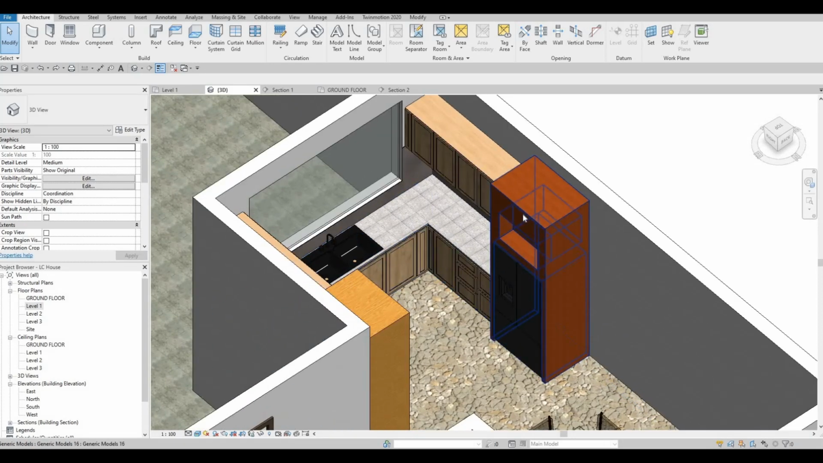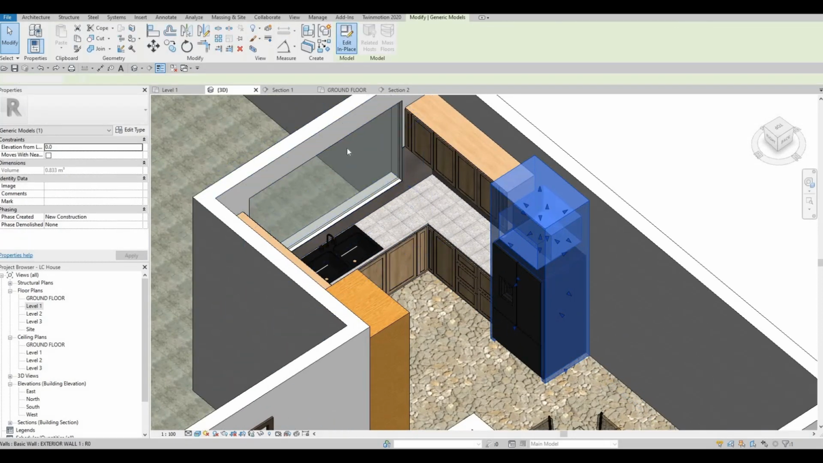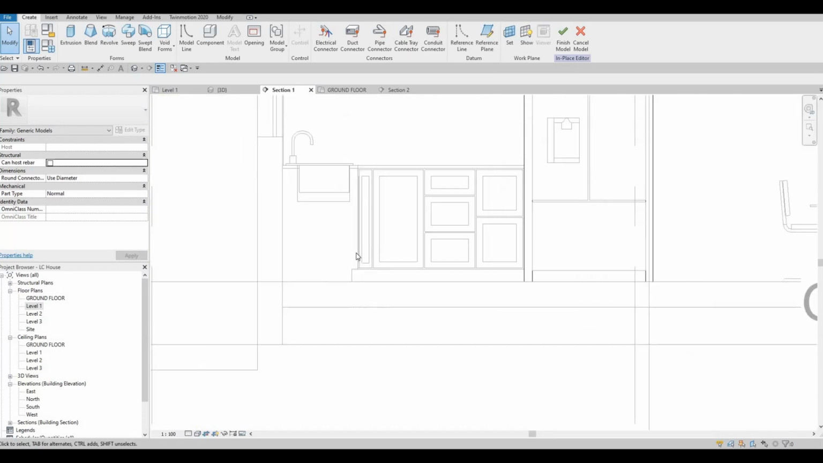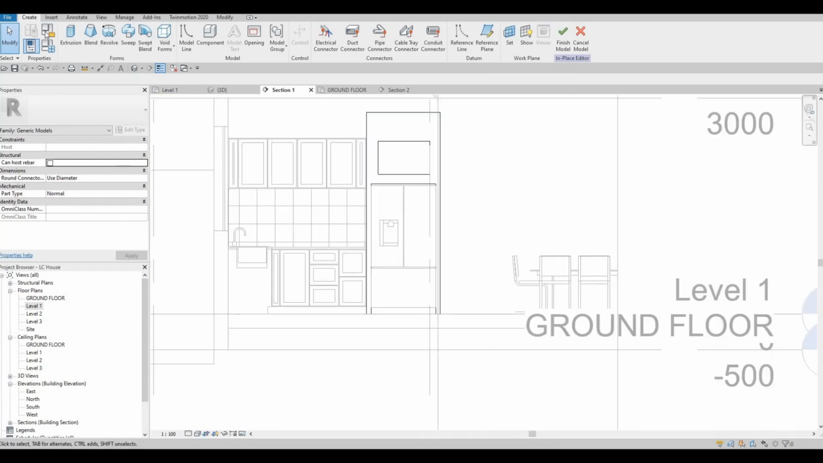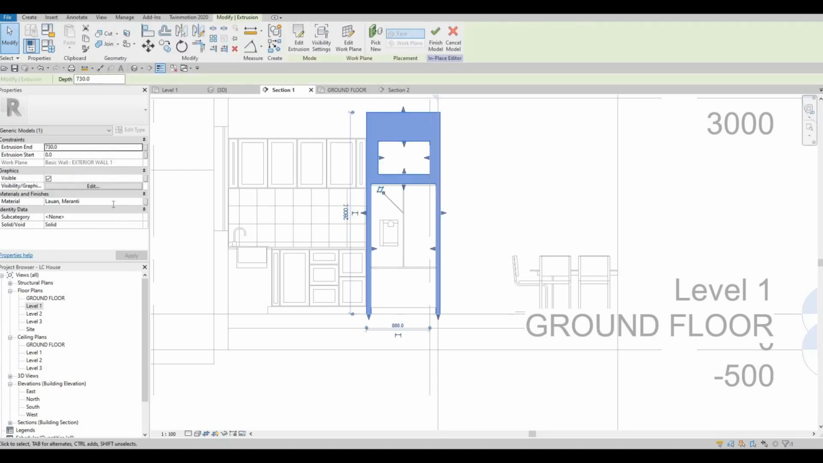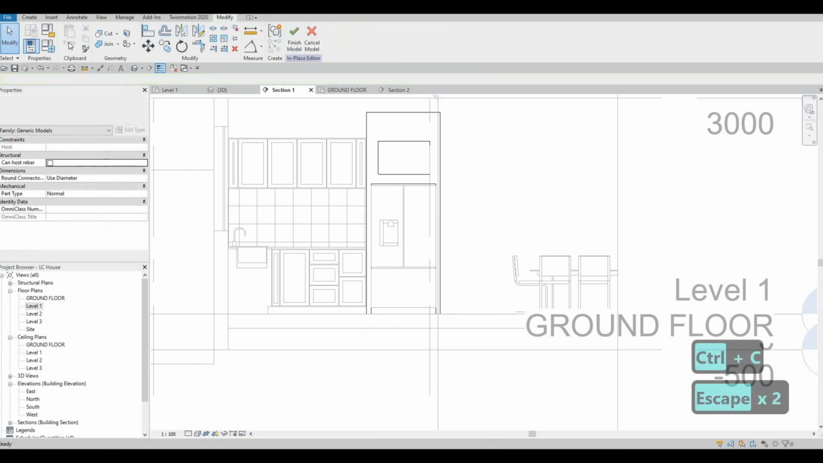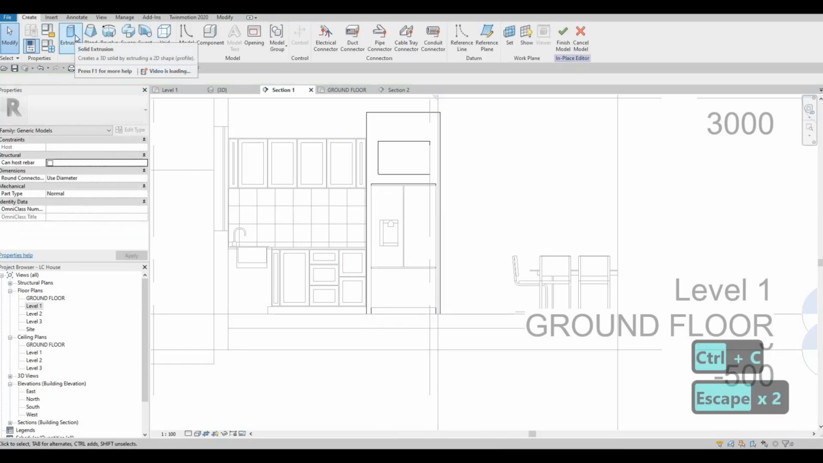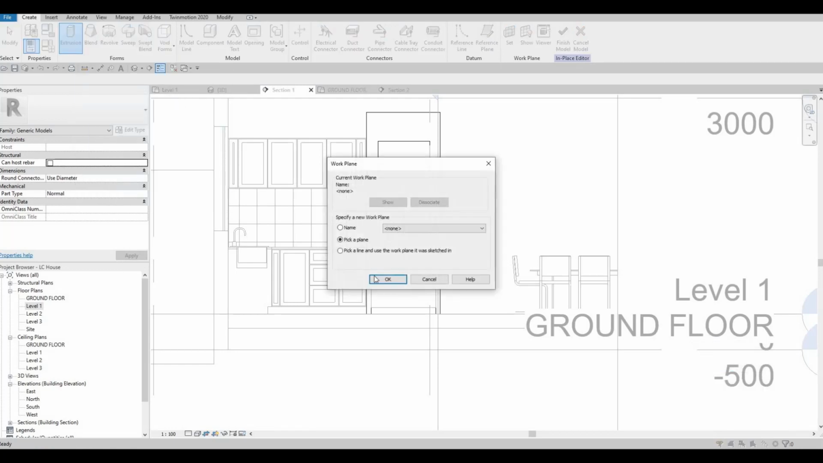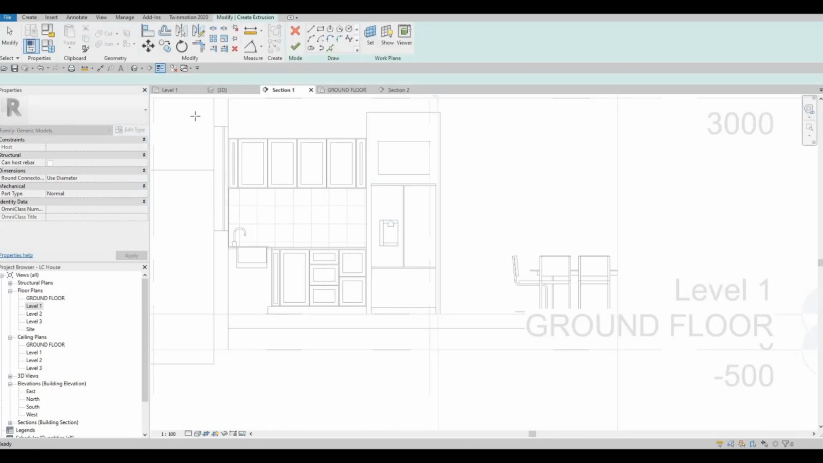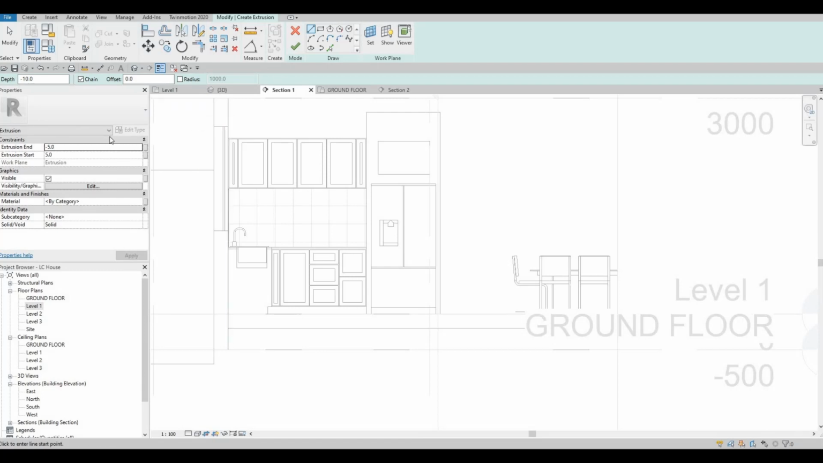So before we add the handle, let's add this one first, edit this, and then let's go to section to see how it looks. And then what we're going to do is add, so we need to know the material first, and then we're going to add some extrusions, and then pick this one right here. Let's set this one to 10, and then this one to 0, and then set the material to that,